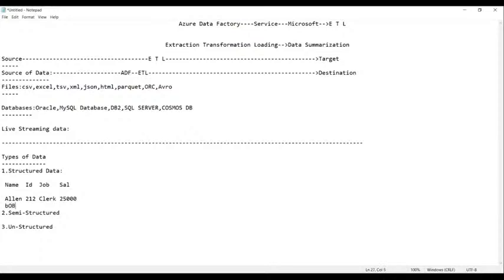Bobby. Senior clerk is the job. Okay, guys. And then we have the salary here. Let's make it 30,000.